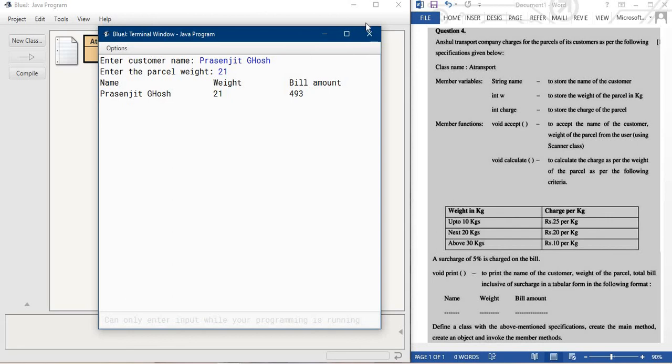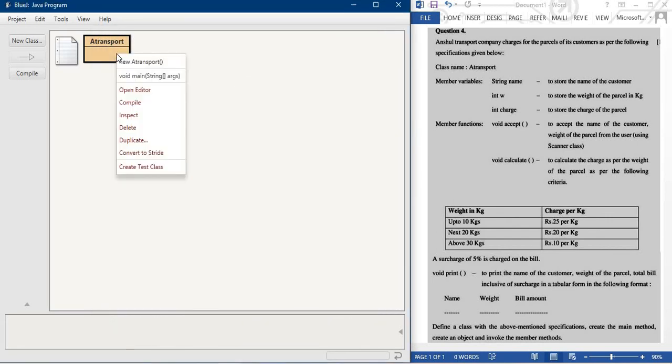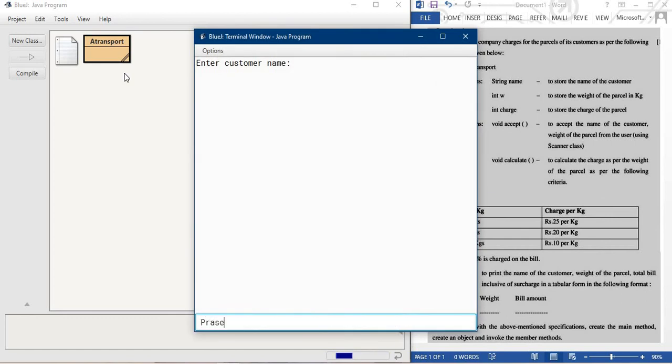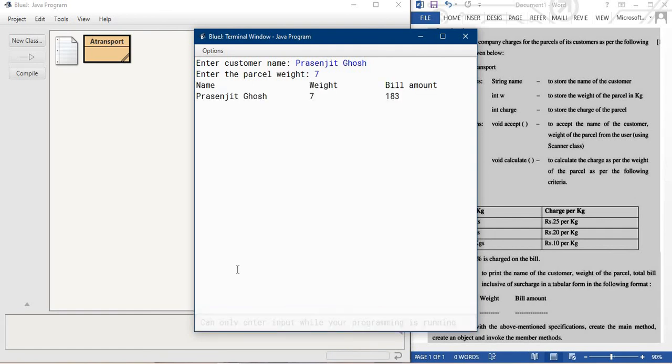Again I run it. Now weight is suppose 7 kg, 70 rupees, then additional 5%. So you can see this is the way you do the calculation.